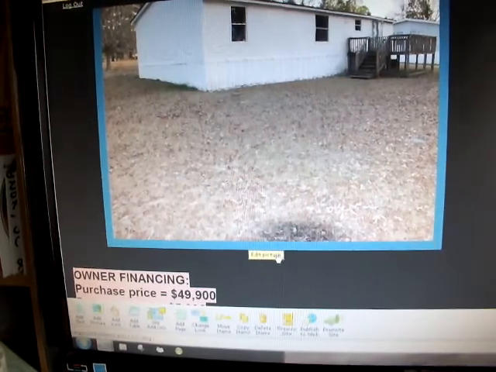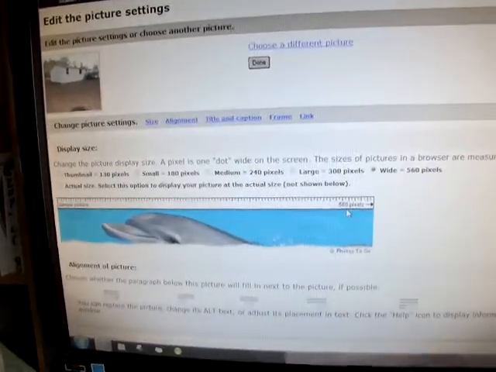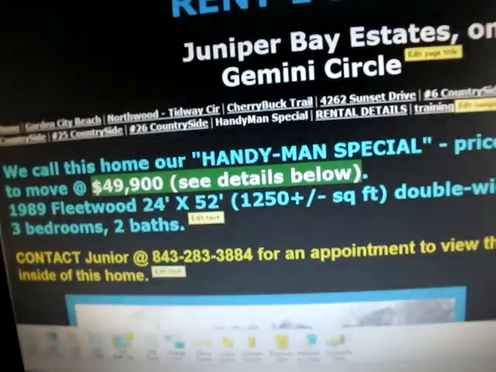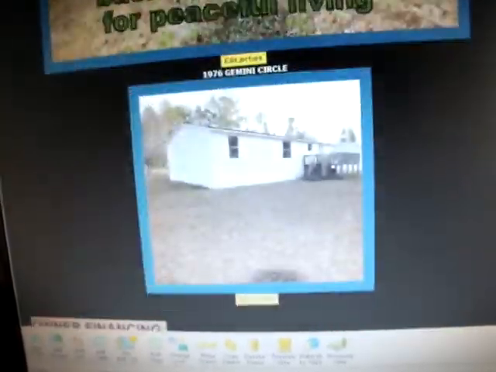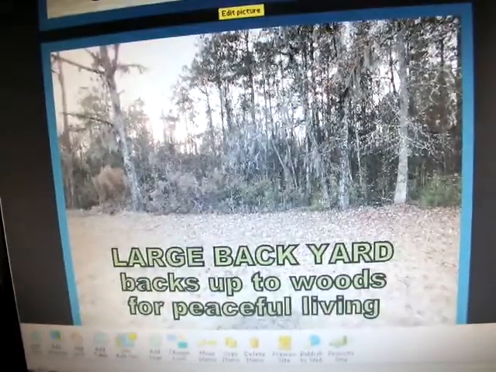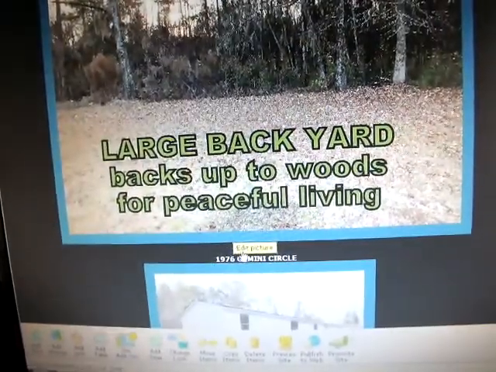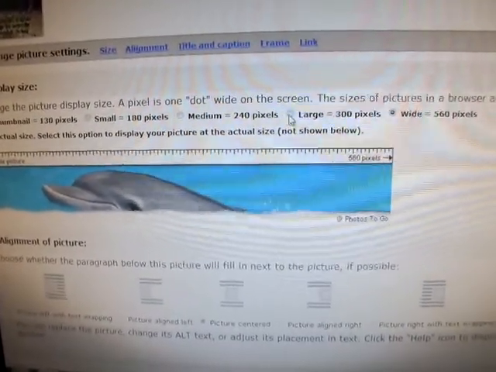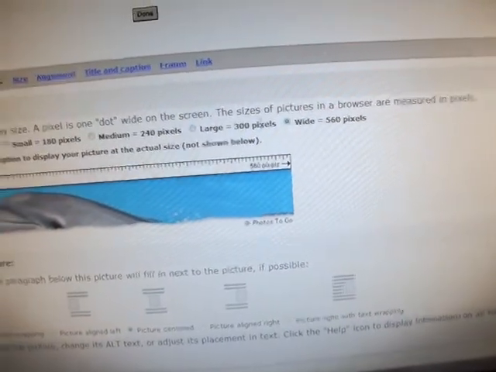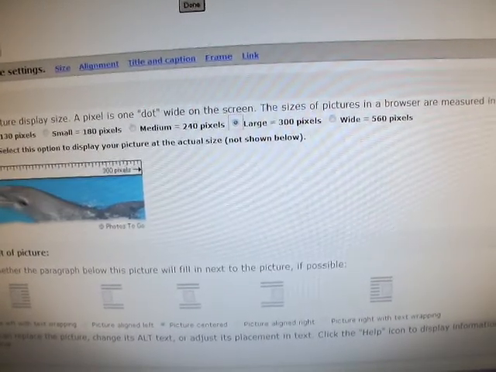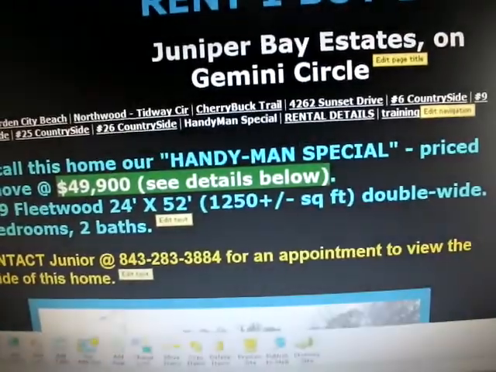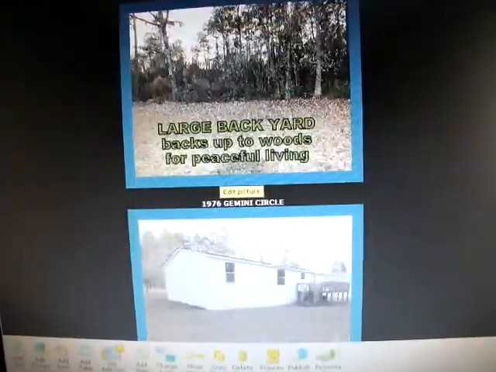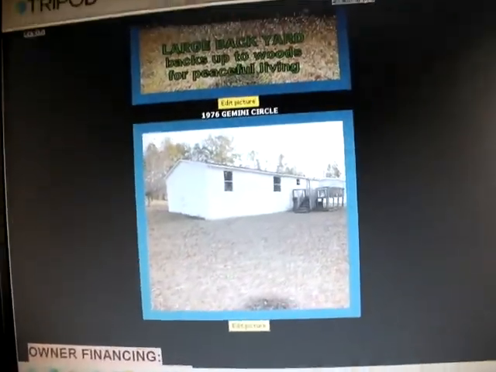Now, we can also take that, edit picture, hit the large button, hit done. See how much smaller that makes that. Alright, the backyard doesn't have to be huge, so what we can do is click that, make that large instead of wide. Right now it's on wide. Hit large, hit the done button. Okay, now we've got one big wide view of the front, and then we have 2 of the back and